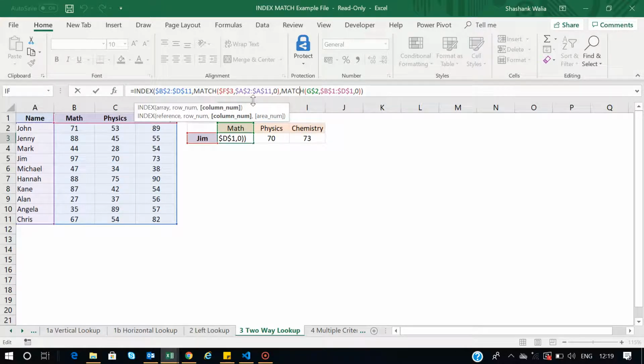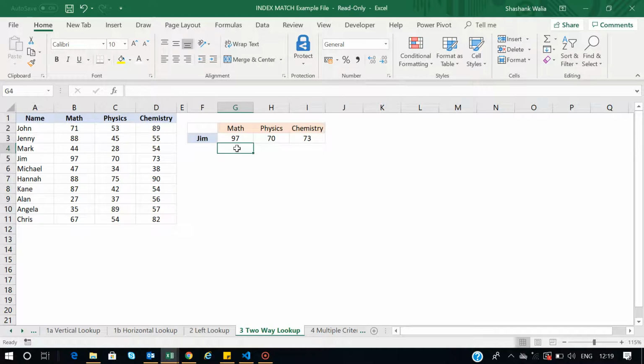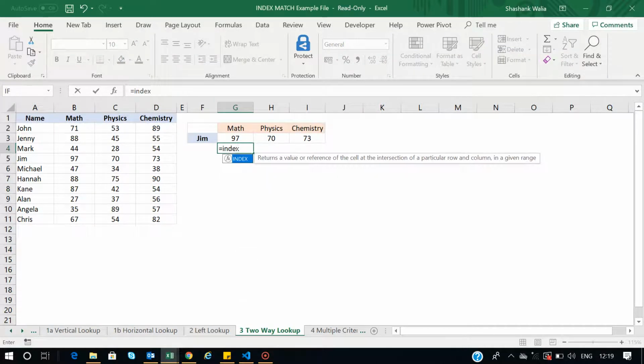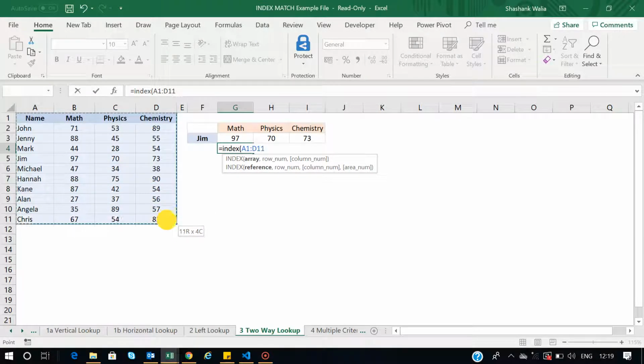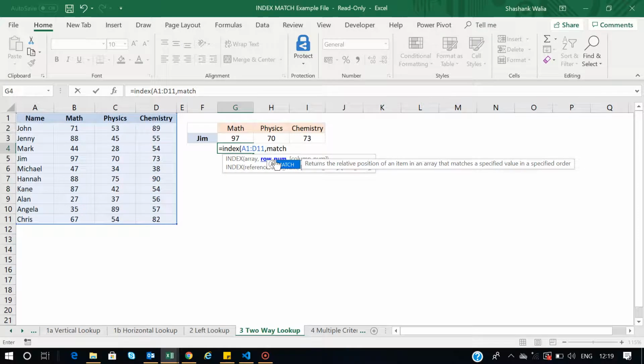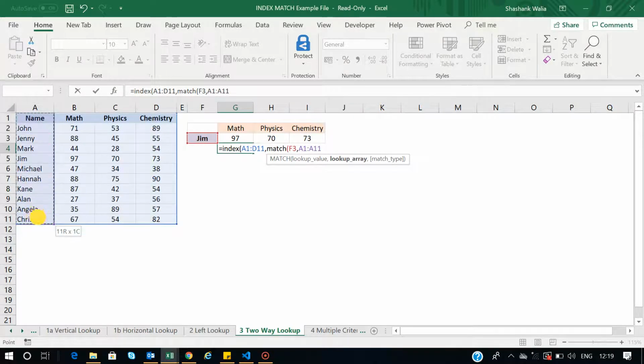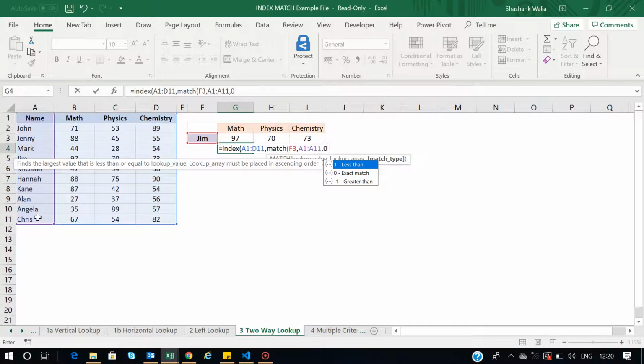So let us apply this formula here and see how it works. First of all, I will type equals INDEX, open parentheses, and then the array. I will just select the whole array, and then the row number. For that I have the MATCH function, and then the lookup value. This is the first lookup value which I am trying to find, and then the lookup array. The lookup array is my names, so I will select the names, and the match type is 0.